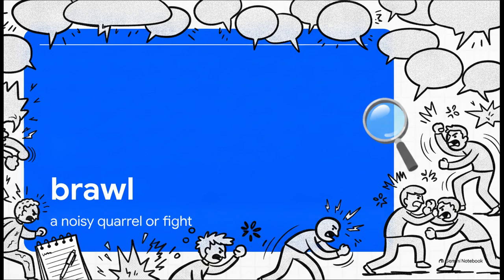And what happens when those rivals or opponents clash a bit too hard? Things escalate quickly into our next word, a brawl. The book defines a brawl simply, but perfectly, as a noisy quarrel or fight. Picture a journalist trying to cover the messy details of a massive brawl in the park, or maybe a super polite discussion that just suddenly flips into a violent brawl. It's loud, it's chaotic, and it hits the nail on the head for our chaos theme.